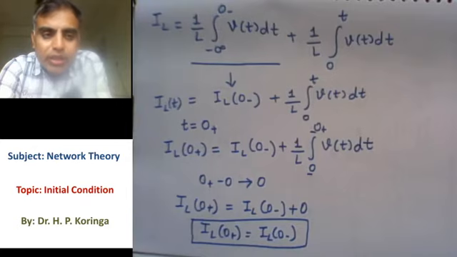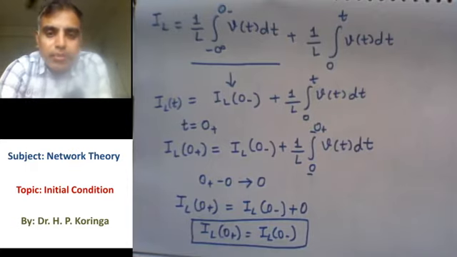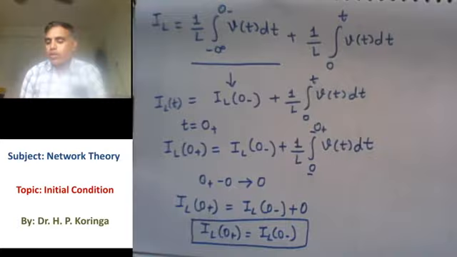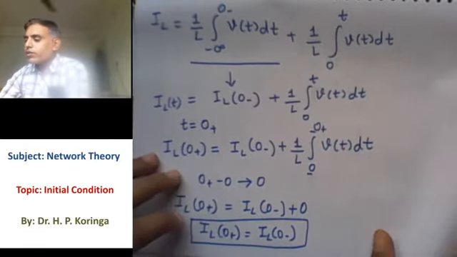The second thing is that the inductor charge is in terms of current. So you have to remember, the inductor does not allow an instant change in current, right? And so whatever the current at t equal to 0 plus, the same current will flow at t equal to 0 minus, right? Similarly, let's derive the conclusion for the capacitive network.